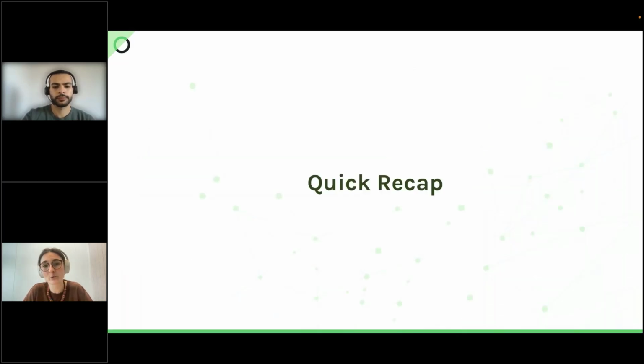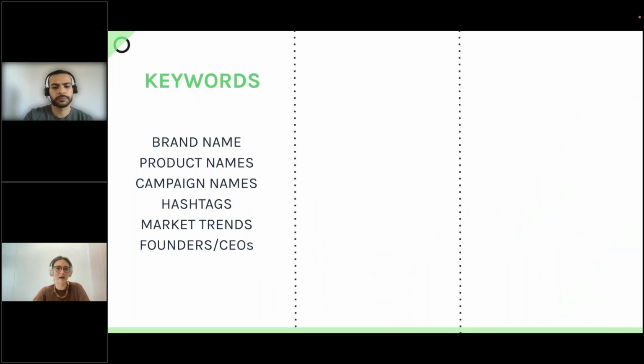Let's start first with a quick recap for those joining today for the first time, but also for those that were with us in the first session. Just as a recap, we covered the three pillars of building a query. The first is the keywords. We shared with you best practices of how to find all the right search terms for your queries.